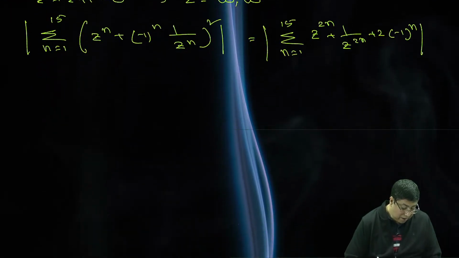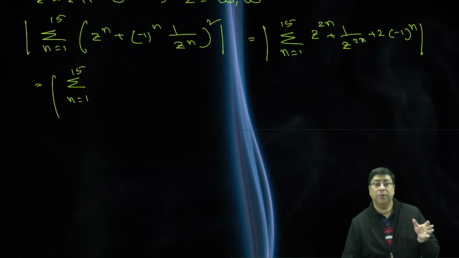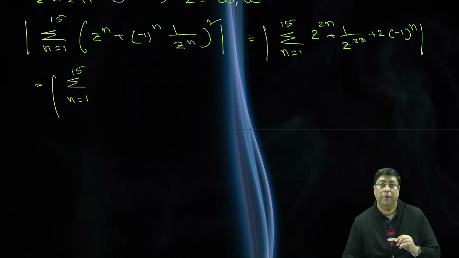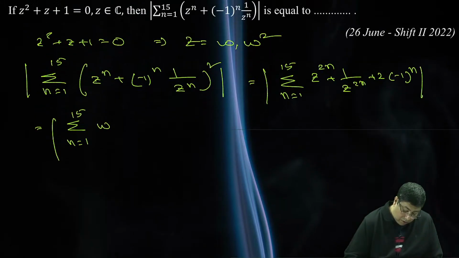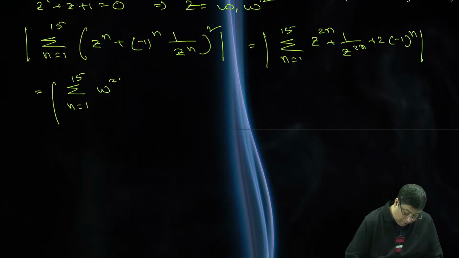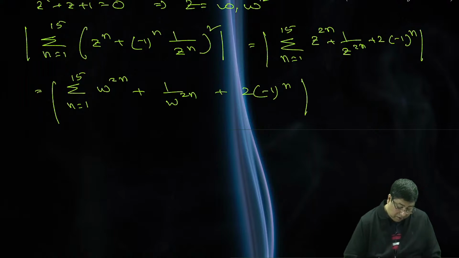Now let us apply here like this. N equal to 1 to 15. If we separate and apply the GP formula, what will happen? Let's see. N equal to 1 to 15, omega to the power 2n plus 1 by omega square to the power n, it means omega to the power 2n, plus 2 into minus 1 to the power n. If we apply the summation formula,